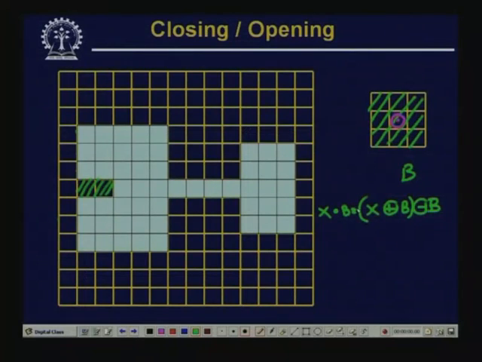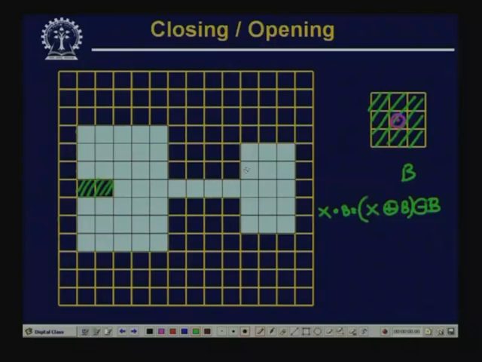After doing the morphological closing operation, we have removed the internal noise, but the other noise, that is this one, where two different object regions have been connected by a thin line which is 1 pixel wide, has not been removed. So, in order to remove this, I do the inverse operation, that is, first I apply the erosion,